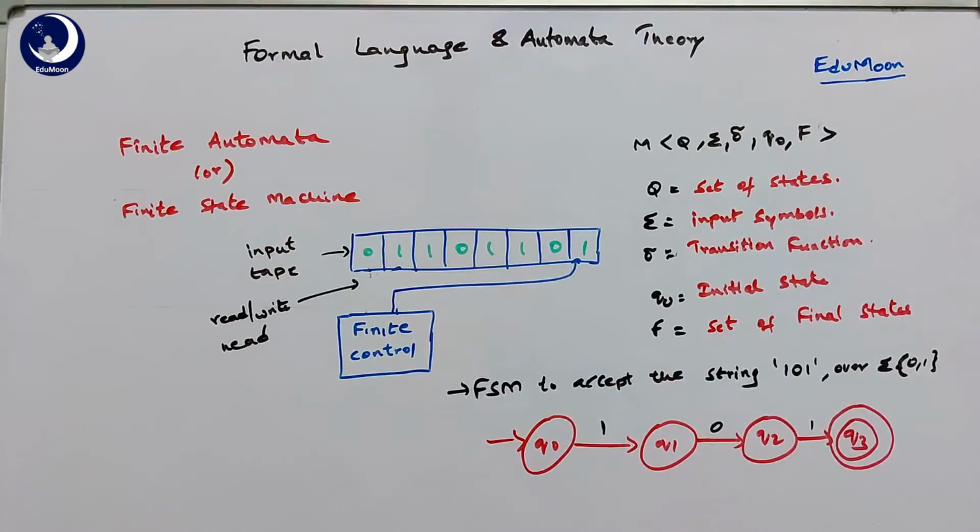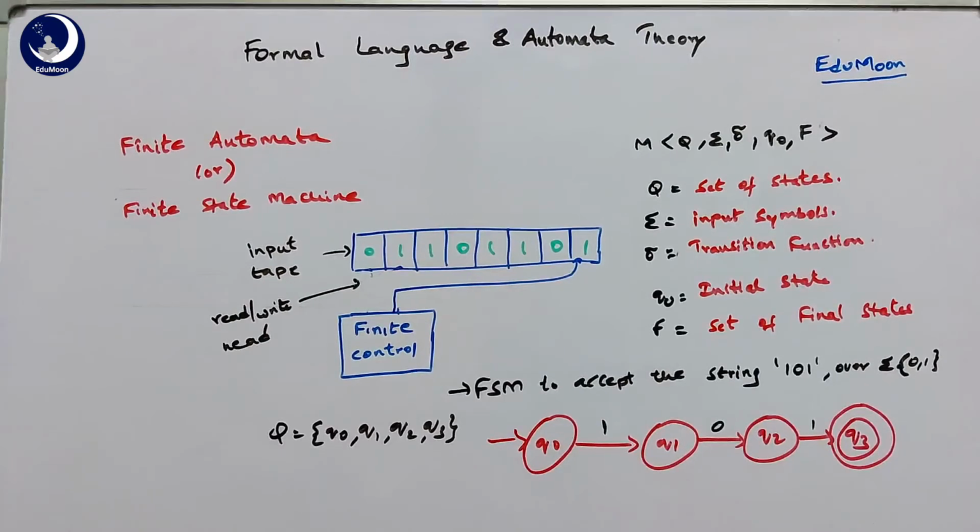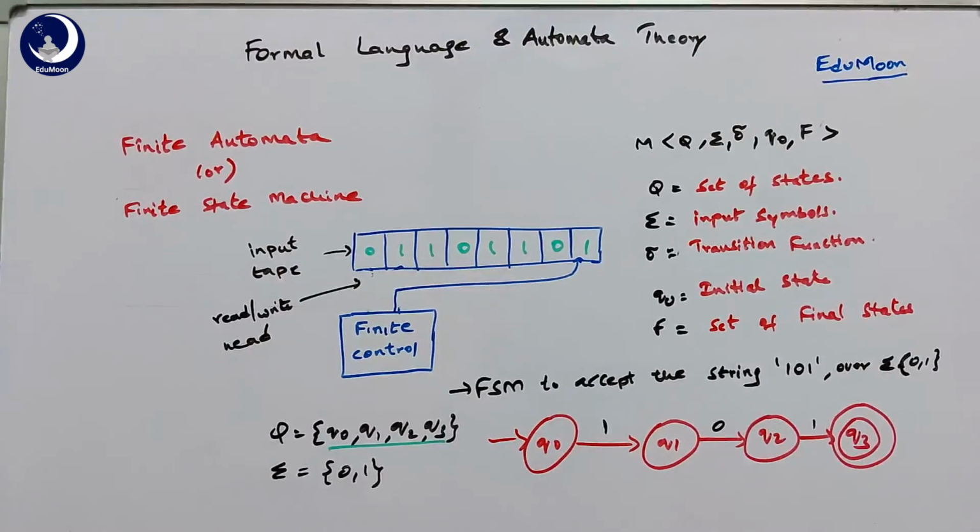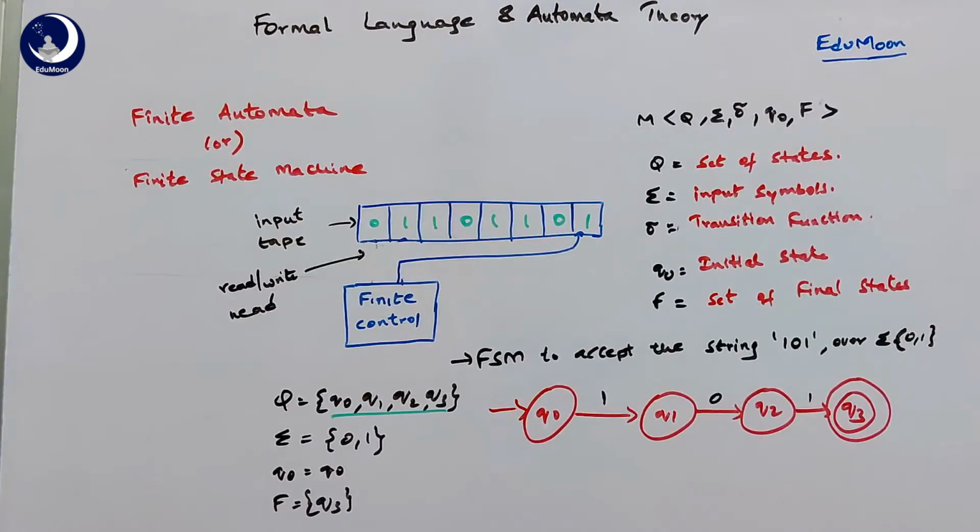If you describe this machine as tuples, the capital Q, that is the set of states, is Q0, Q1, Q2, Q3. Now coming to sigma, that is already given as 0, 1, the input symbols. Then the initial state is Q0, and F is equal to Q3, the final state. It is a set, so we write it with only one element, that is Q3. Q0 is not a set, it is simply a single state. There will always be only one starting state and possibly any number of final states, but in this example we have only one final state, that is Q3.